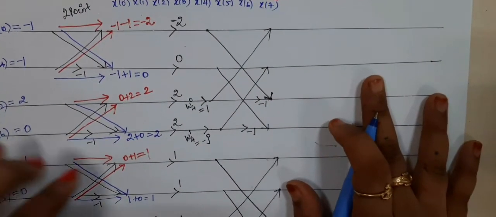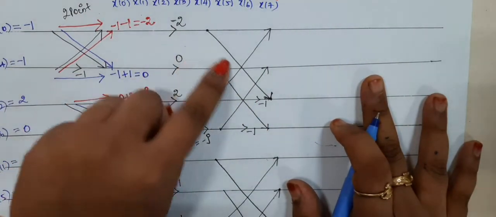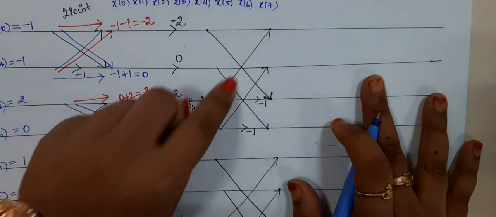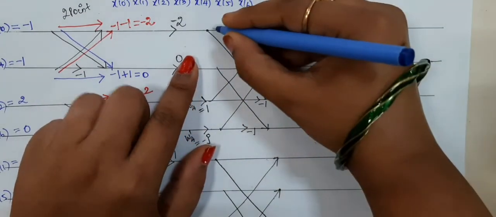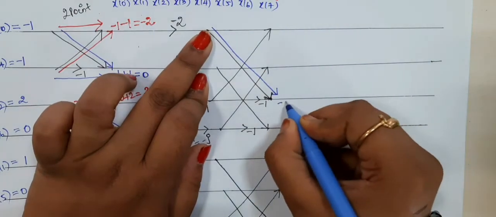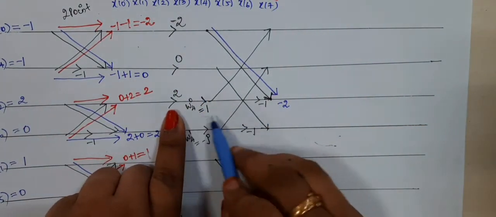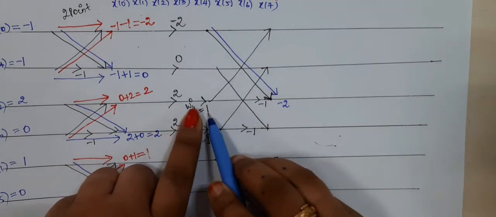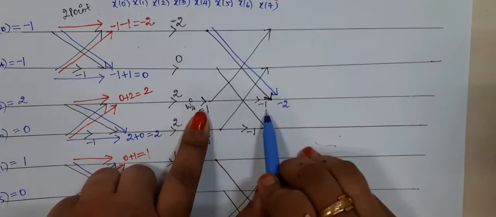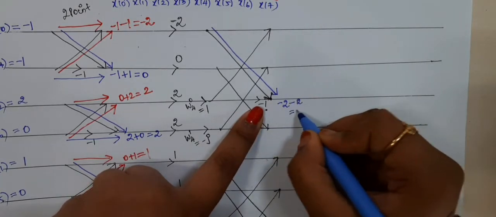So now we have to complete the down arrow first, like we did for the 2 point. We can complete the down arrow first and then we can complete the up arrow. So let us start with the down arrow. The value here is -2. Okay, and listen carefully here, you are going to multiply with 3 terms: 2 into 1, 2, again 2 into -1, -2. So the value will be -4.